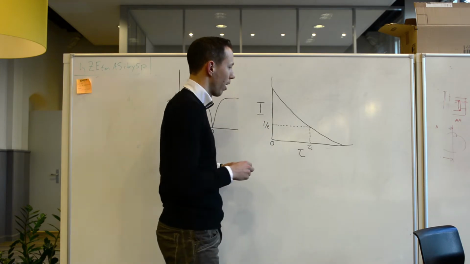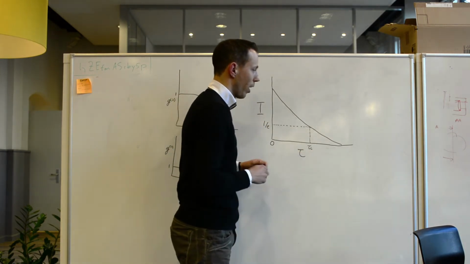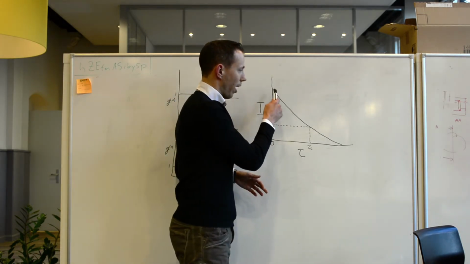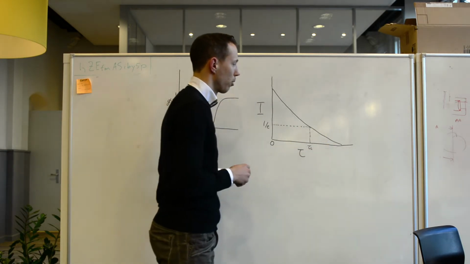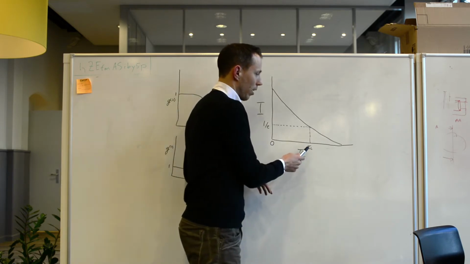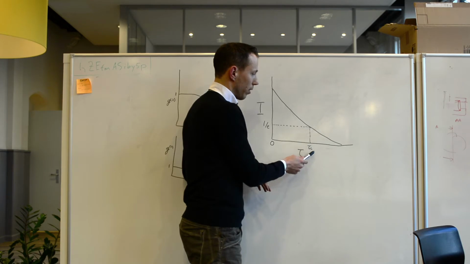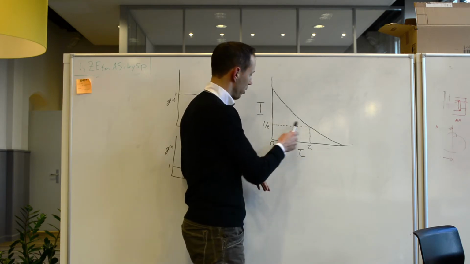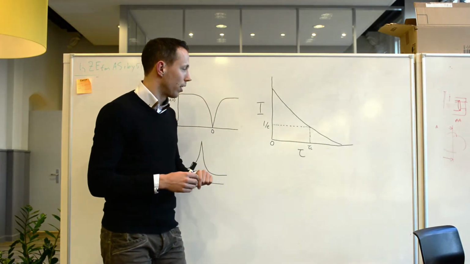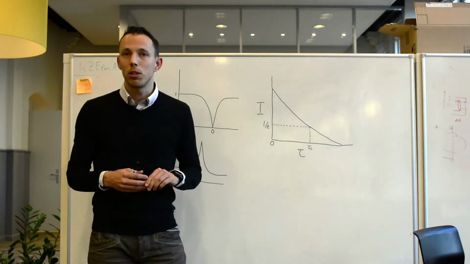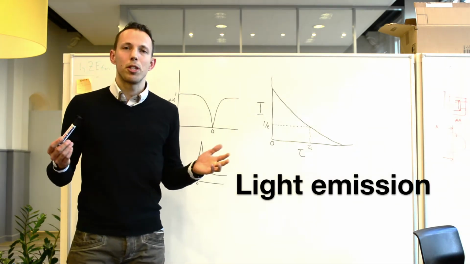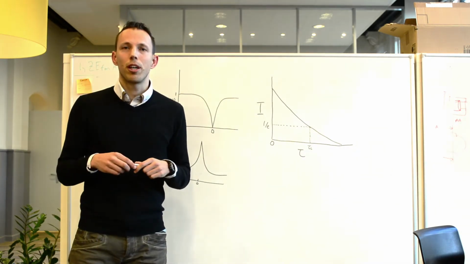And so on the vertical axis you have intensity, and on the horizontal axis you have the time delay. And so at zero is when the sample is excited, and after that you see a decay, which is typically exponential. This exponential decay is captured normally by what is called the lifetime, which is the time delay at which the initial intensity has decayed to 1/e times the initial value. And this is a key quantity in optics and material science. Lifetime looks at how the light emission process occurs after it is excited.